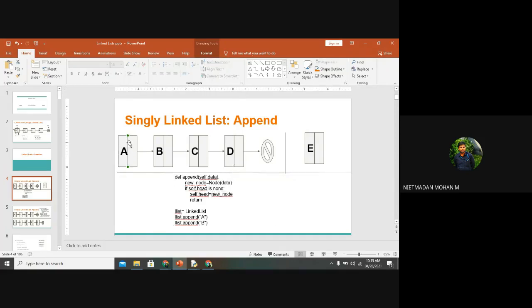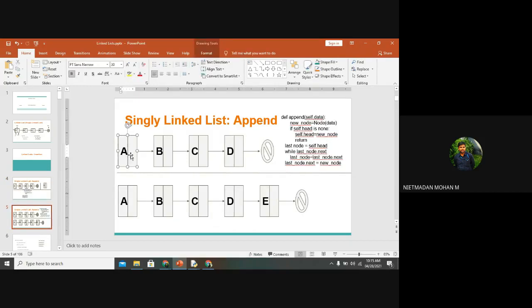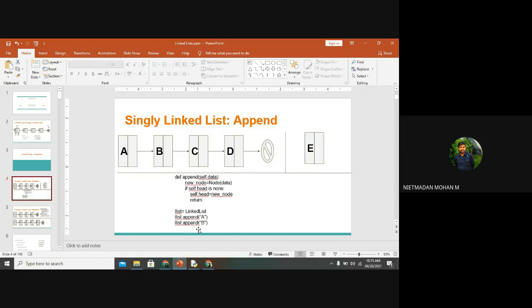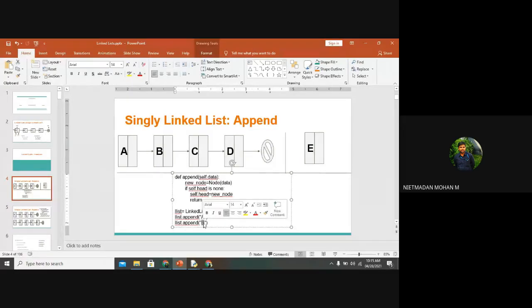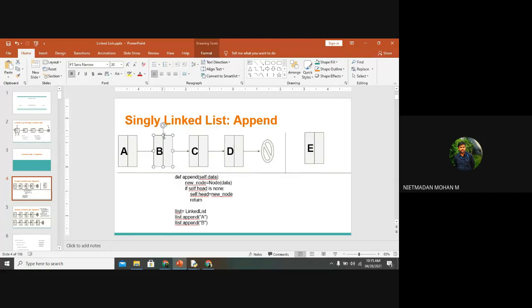So first the A node has been created, with no address of the next element. The address will be passed in the variable called B when you go to the next iteration. Likewise, in the second iteration, the new node will be changed to B, so it will be considered as head. Again, the new node will be considered as head, so the A node will not be considered as head. After inserting C, this C element will be considered head. After inserting D, this D element will be considered head. It will be traversed through A, B, C, and D.